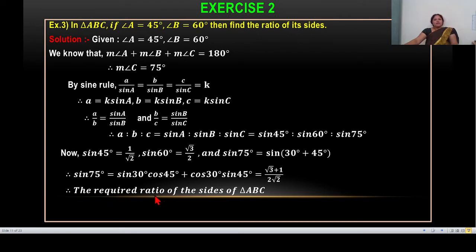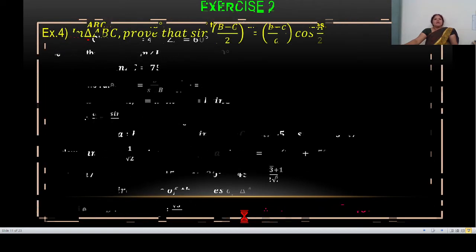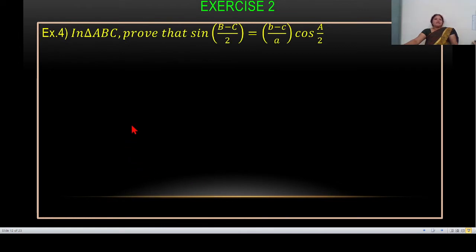Therefore, the required ratio of the sides of a triangle ABC is a as to b as to c equal to 1 upon root 2 as to root 3 upon 2 as to (root 3 plus 1) upon 2 root 2. That is, a as to b as to c equal to 2 as to root 6 as to (root 3 plus 1). Next example: in a triangle ABC, prove that